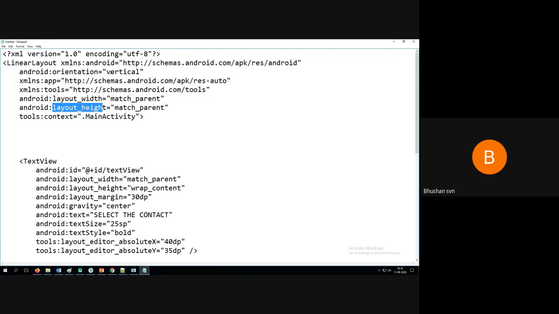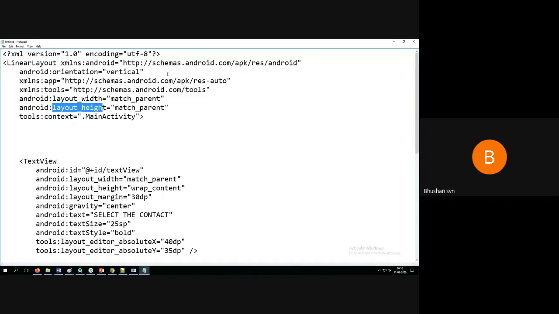Now I want to display my contents in a vertical manner, so I use orientation equal to vertical. Orientation can take the value vertical, horizontal, landscape, portrait, or sensor. These are the different kinds of orientation. What do you mean by sensor here? As I turn my mobile device vertically or horizontally, the information will be displayed correspondingly.